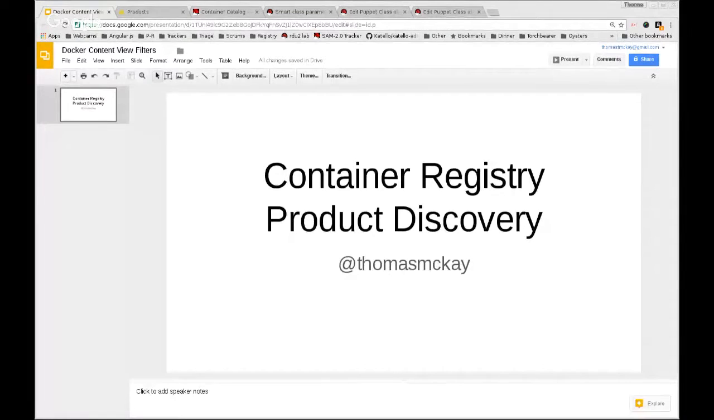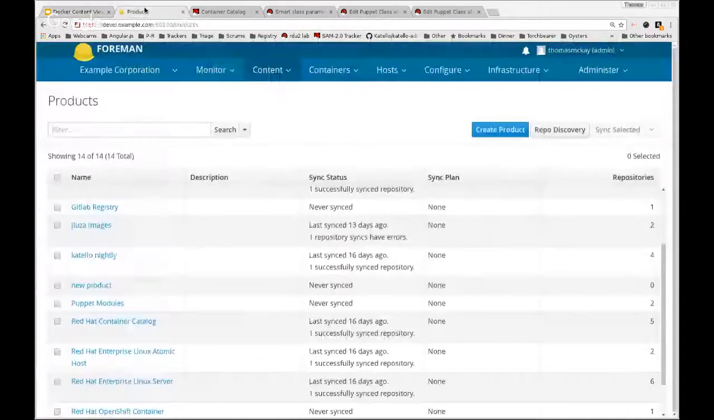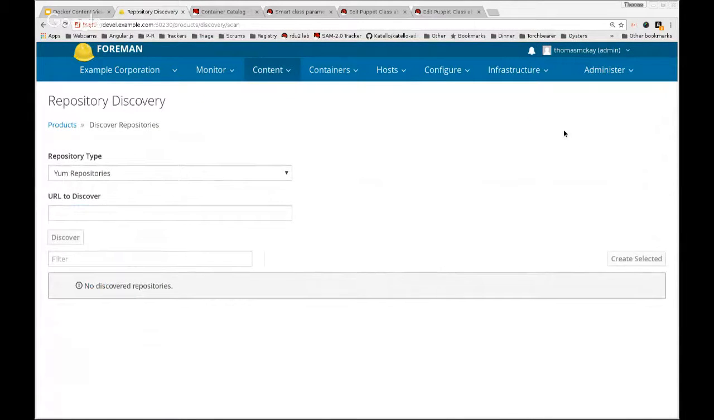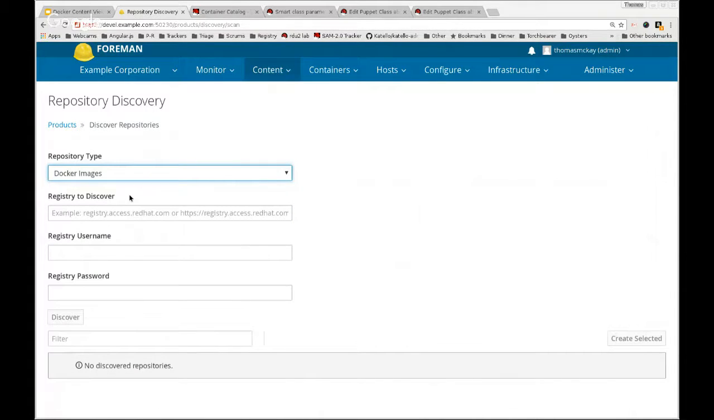So Justin, a couple of years ago, wrote a repository discovery tool for Yum repos. It's this shiny little button right here, repo discovery. And over the past couple of months, I've wanted to hook in Docker registry discovery. So I did that. The UI has changed a little bit. Just like before, you could do Yum repositories, but now you have the choice of doing